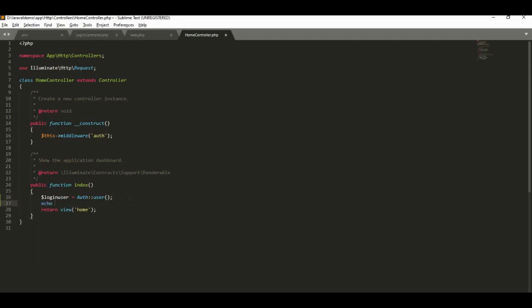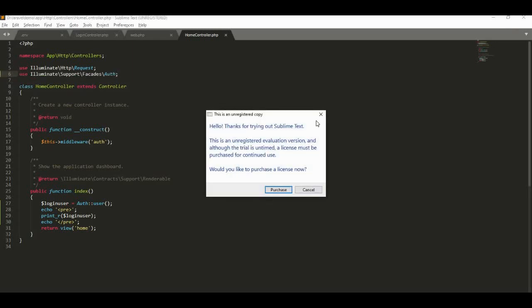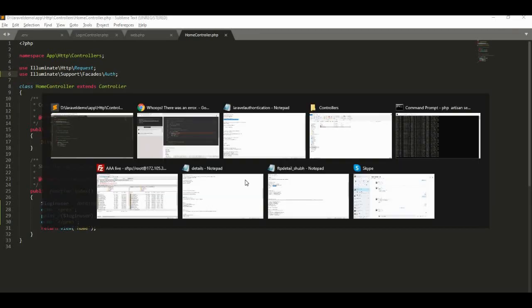You can check this by printing it. Firstly, we have to use this to access the auth methods.